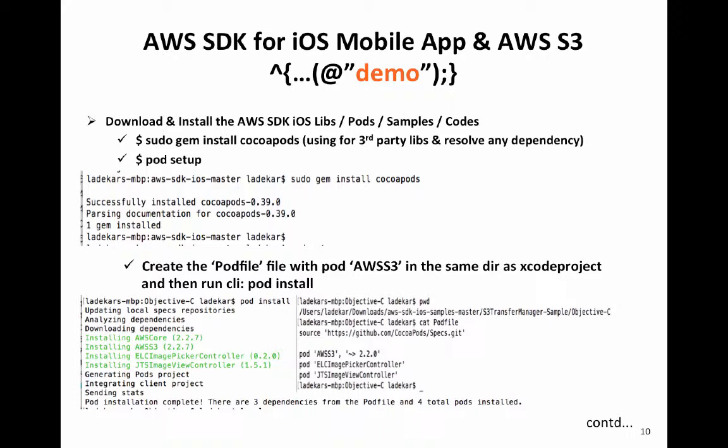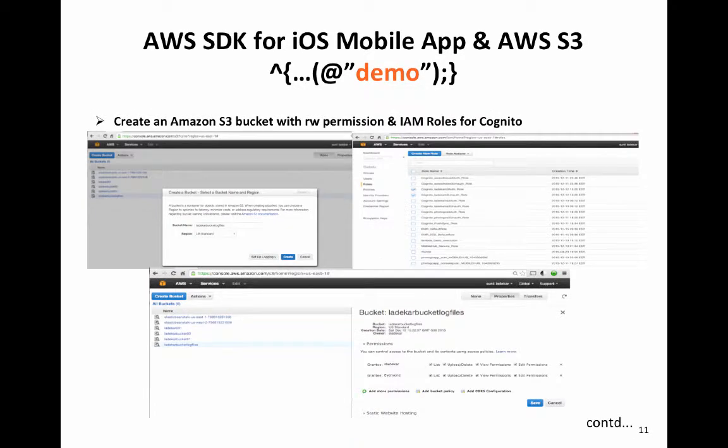After it's done, I created the Podfile in the same directory as the Xcode project and added the pod AWSS3 line in this Podfile. It will install AWSCore, AWSS3, and the image picker controller and image view controller files, which are shown here in green color. Now let's go to the Amazon console and create the S3 bucket.